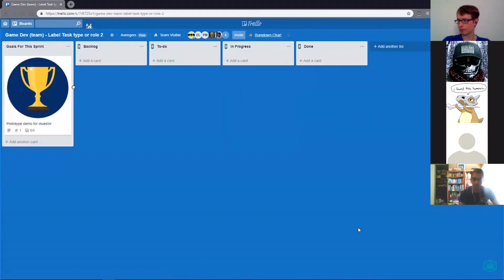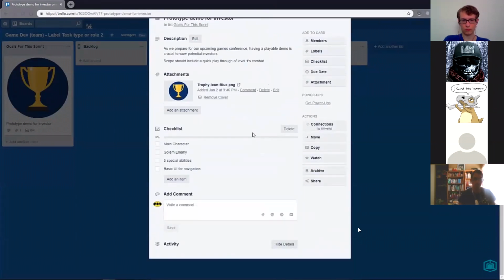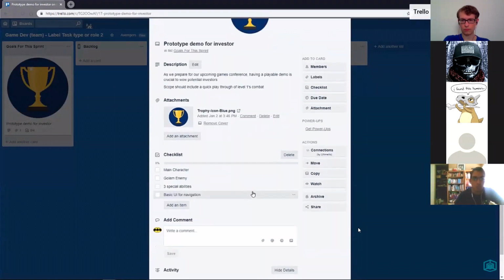Basically, cards contain information that you can input. So when you click on a card, there's a whole bunch of stuff that you can type in as part of the description, the title, and you can even have checklists within them. You can also do other things like assign members, labels, due dates, and so on.